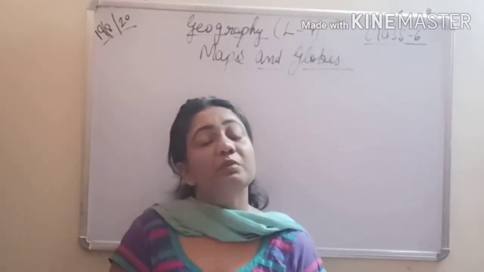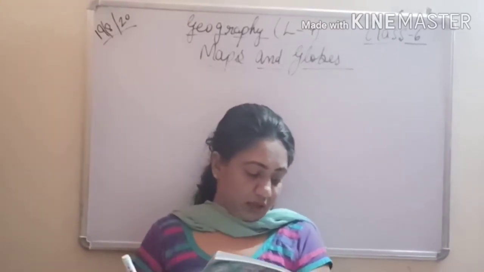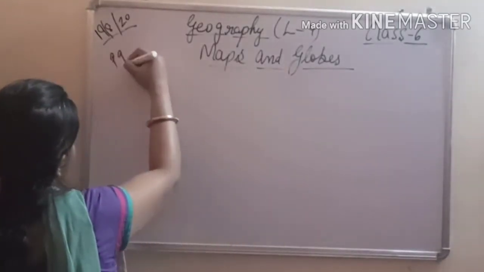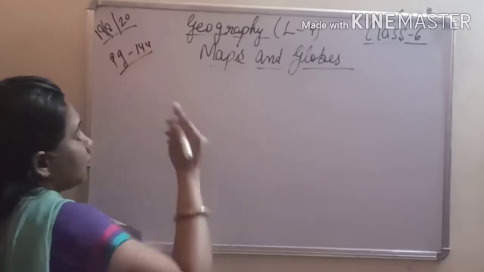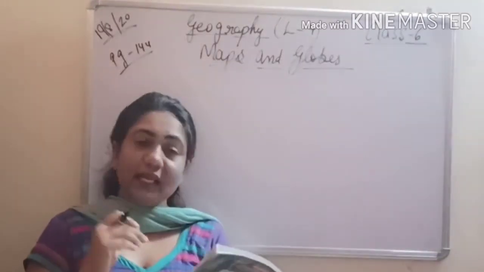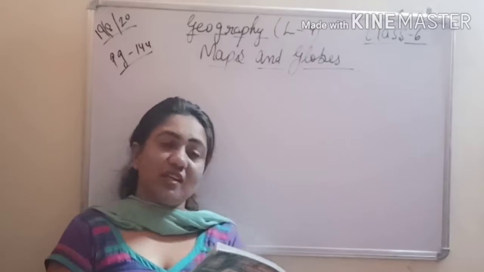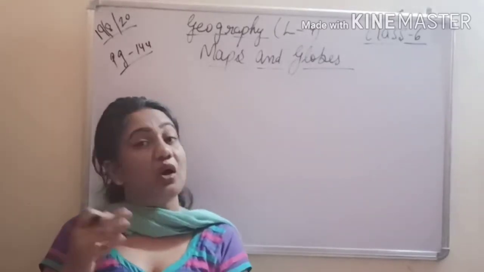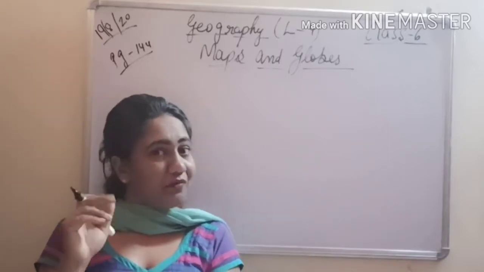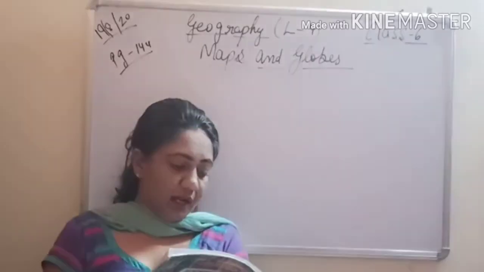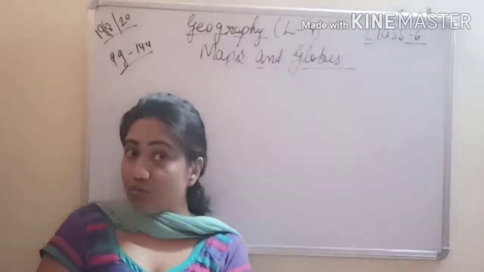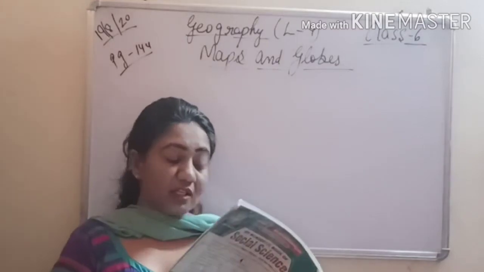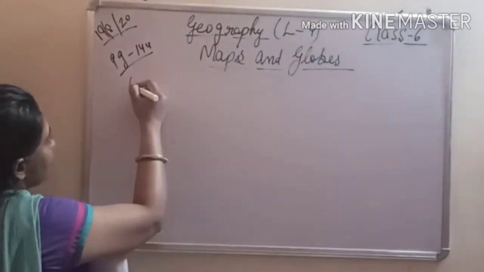So now let's come to the book work and come to page number 144. Some multiple choice questions are there, match the following are there. So quickly let's see. Multiple choice question exercise A. According to scale, there are dash types of maps. How many types of maps are there according to scale? We have already done that. Is it 4? Is it 3? Or is it 2? So it is 2. That is large scale map and small scale map. So it is option number C according to your book.